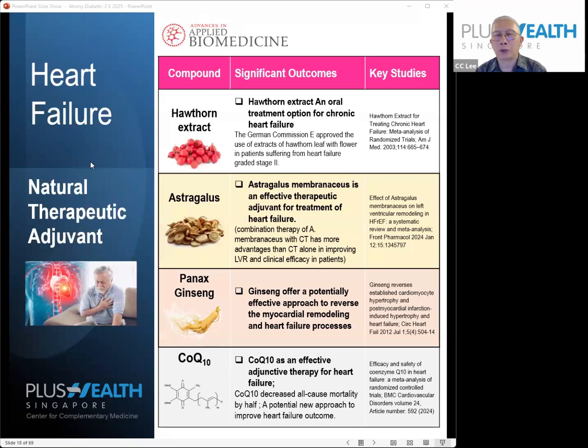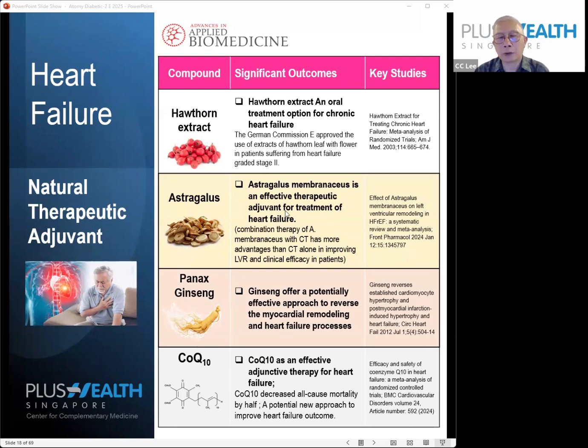So what are the nutraceutical compounds that are also clinically validated to be beneficial for heart failure patients? In here, I list 4, right? Among them, the top one is hawthorn extract. Hawthorn extract is already recognized by the German Commission E, which is the European FDA equivalent. They approve hawthorn extract as a supplement for patients suffering from heart failure stage 2. So which means that it's a proven-in-use supplement that has been endorsed by the European FDA itself,